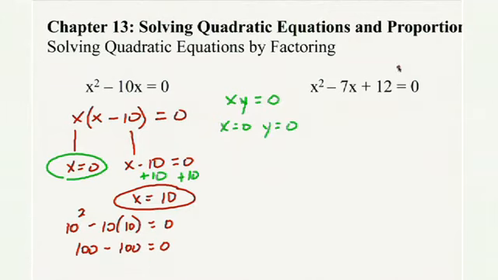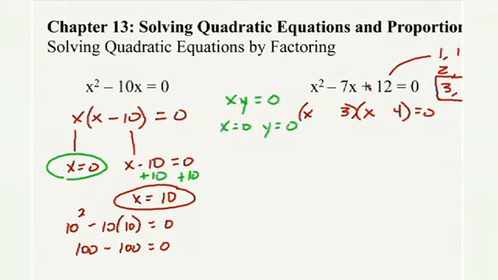Now, on the second problem over here, this is a trinomial. There's nothing common in each term. So first, write out all those factors of 12, which are 1 and 12, 2 and 6, 3 and 4, not 3 and 6. There we go. And then you ask yourself, what are the factors of 12 that add to give me negative 7? Well, clearly it's the last two we came up with, the 3 and the 4. So, factoring this, we end up with x, 3 and 4. And since we're adding and our middle term is negative, both of these must be negative.